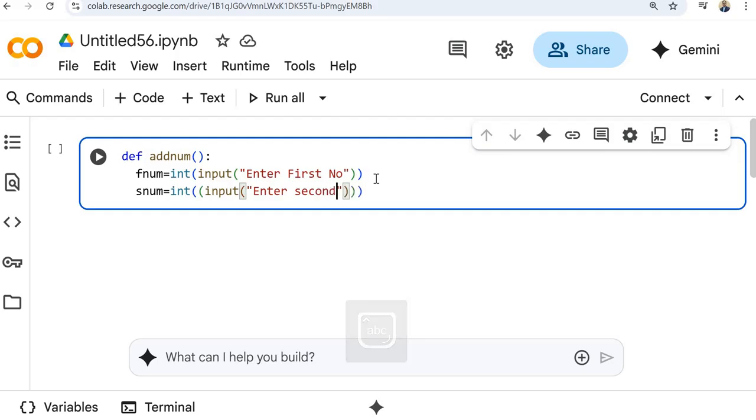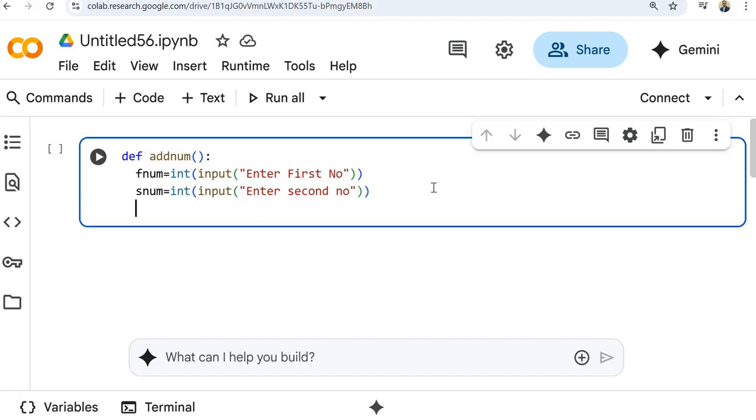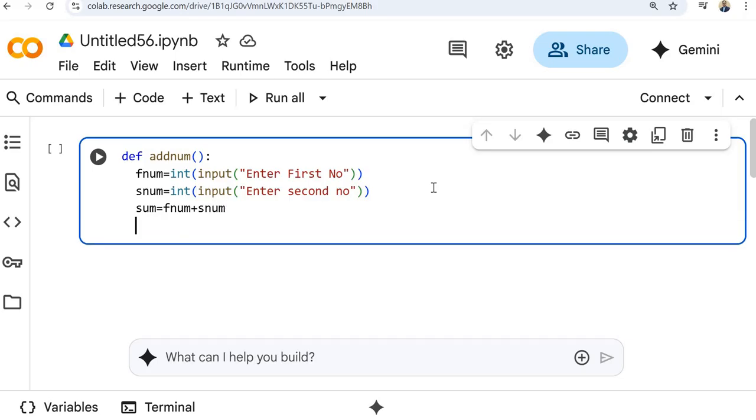This is just to get the values for the first number and second number from the user through the keyboard. So int, then input. We have to maintain the bracketing. Now it's okay. Then in sum we will store fnum plus snum, so those two values will be added and stored in sum.